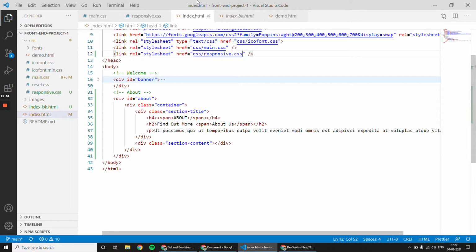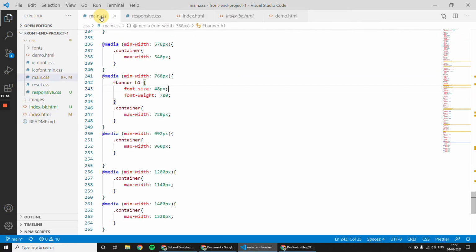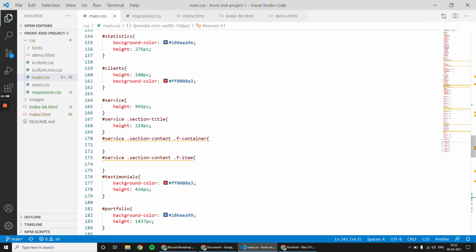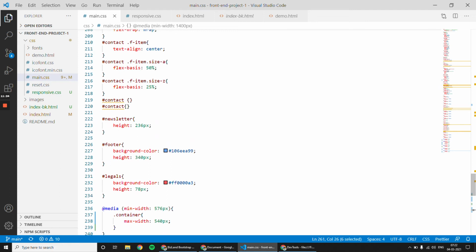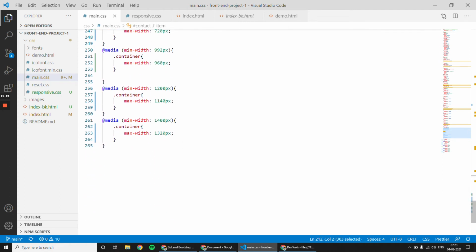Okay, and the styles that are written in main.css are for this size. So when the device size is 1400 or beyond that, then all these styles should be applied. But when the device size is less than this, then I want to change some styles.